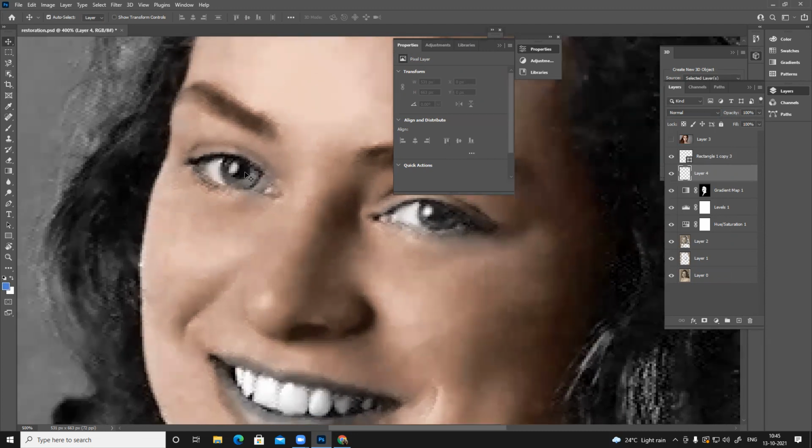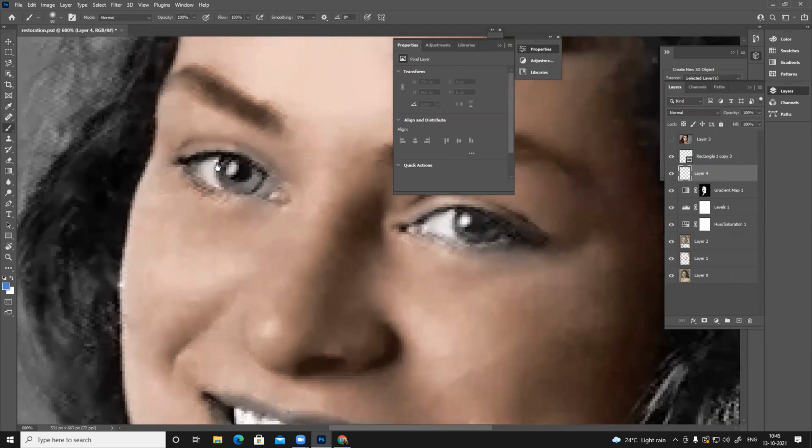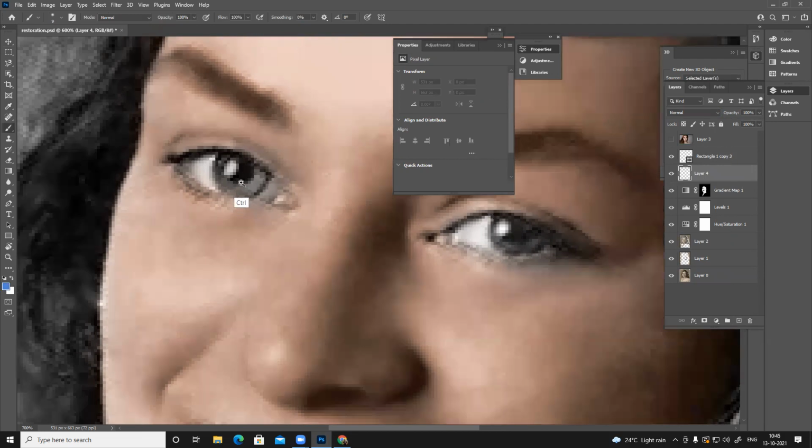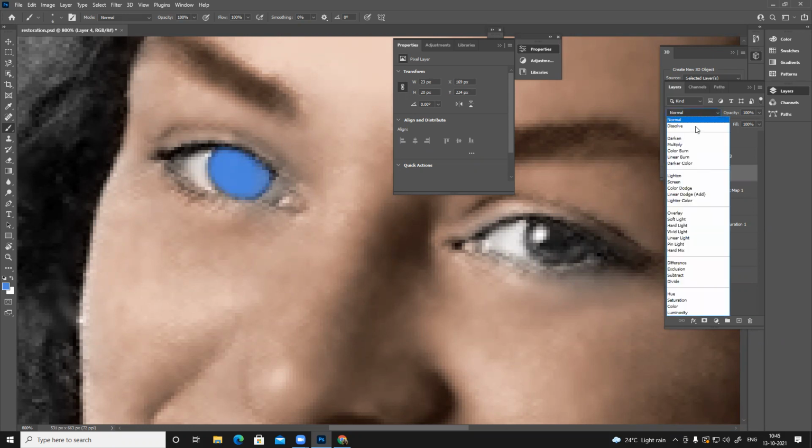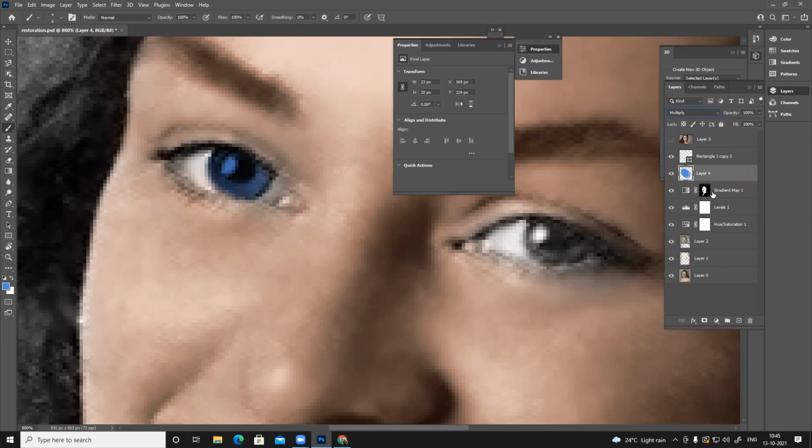If I paint something here, you see, it will cover the background, this image entirely. But I want that information plus the color. So change the blending mode of the layer. Whenever you multiply, all the background, all the depth basically will be visible.